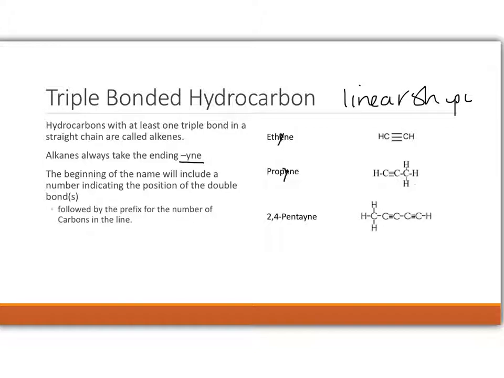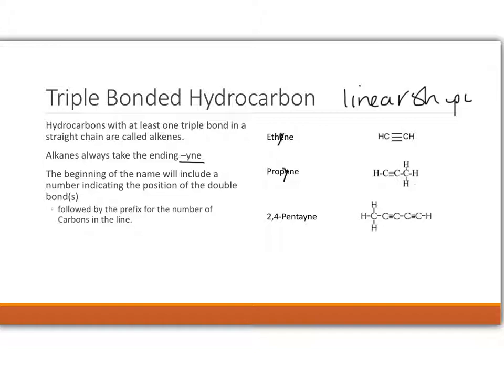Okay? Again, there won't be a methyne because you only have 1 carbon and you need 2 carbons to make a triple bond. Okay, but ethyne, you don't need a number because there's only 1 positioning for the triple bond. Okay, propyne, same thing. There's only 1 positioning for the triple bond. But as you get bigger, say into pentyne, right, you do need to indicate